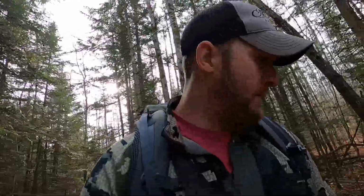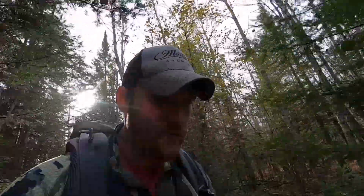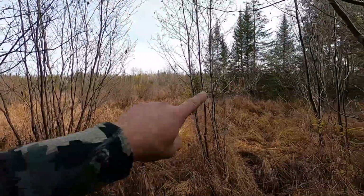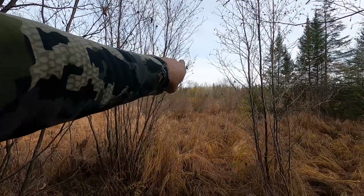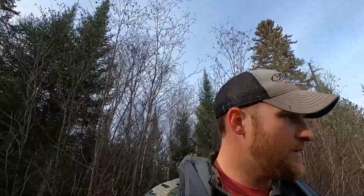Yeah, nothing super big yet, but definitely good that there's deer in here. Granted, this was just put on a trail. Wasn't over a mock scrape or anything, so go see what the next one has to offer. It's on a trail on the marsh. I think that one's gonna have a little bit more activity on it. They cross right through there and they go way back there. Try not to hunt back there anymore. So I don't like to ruin it, but